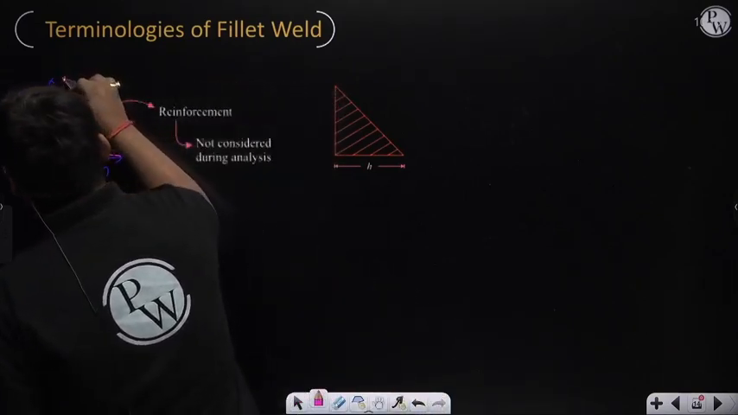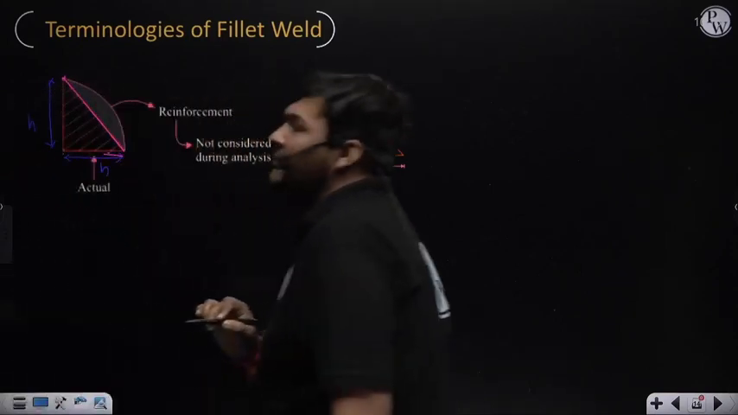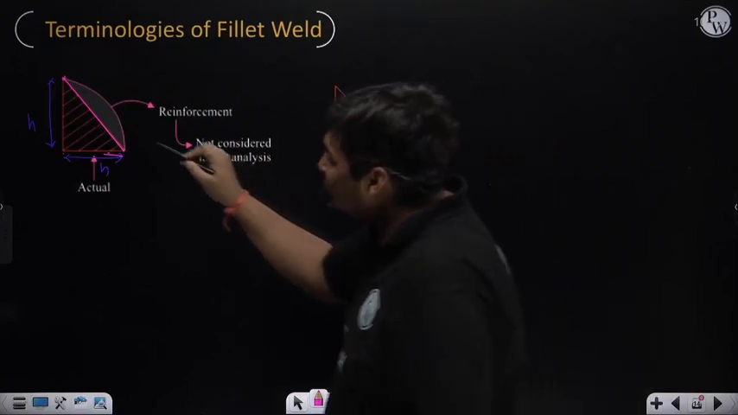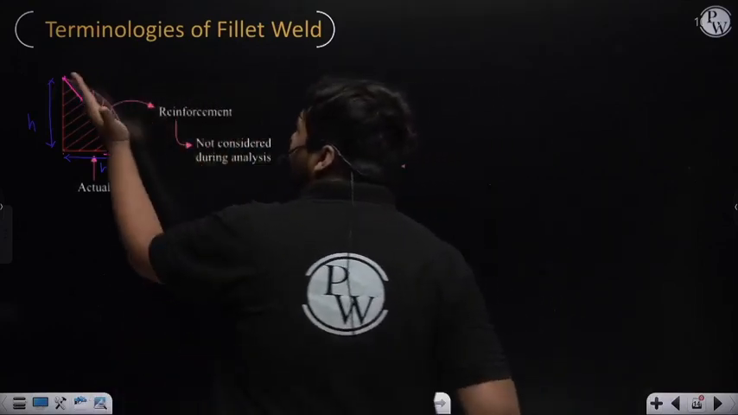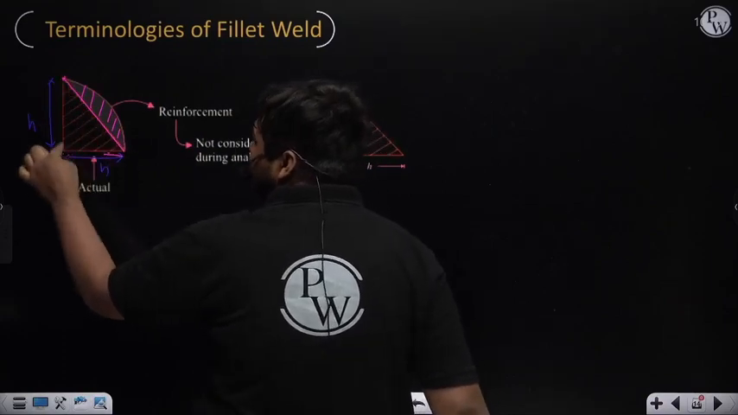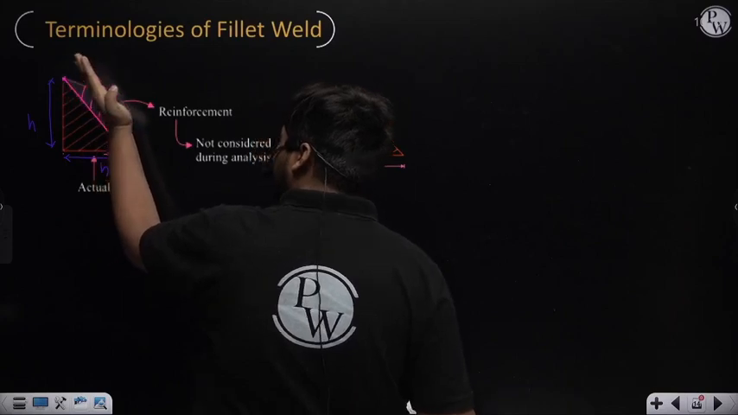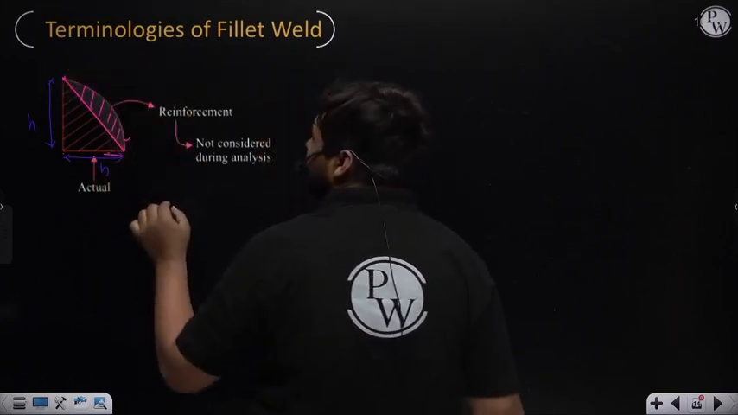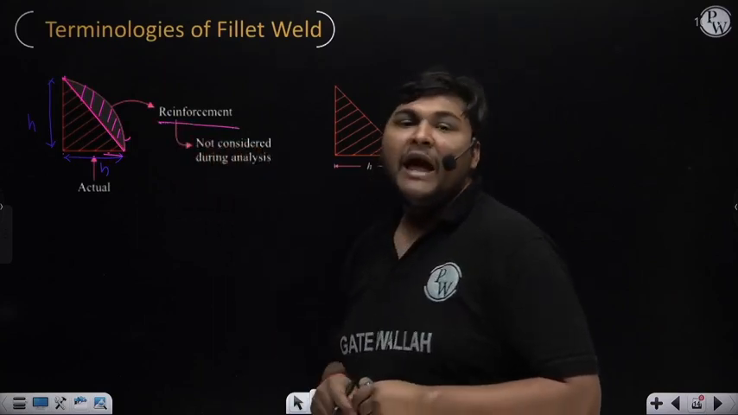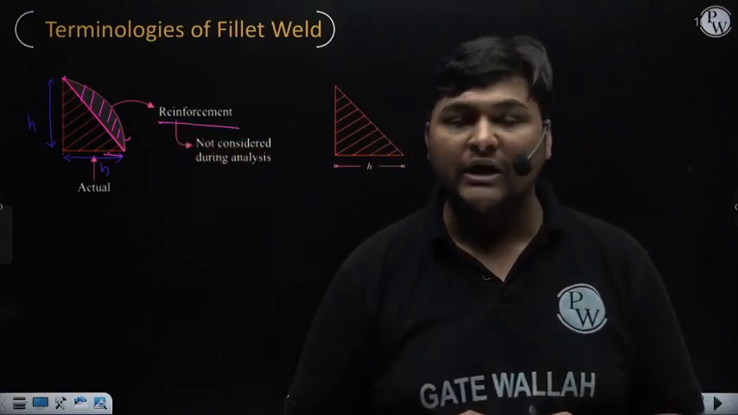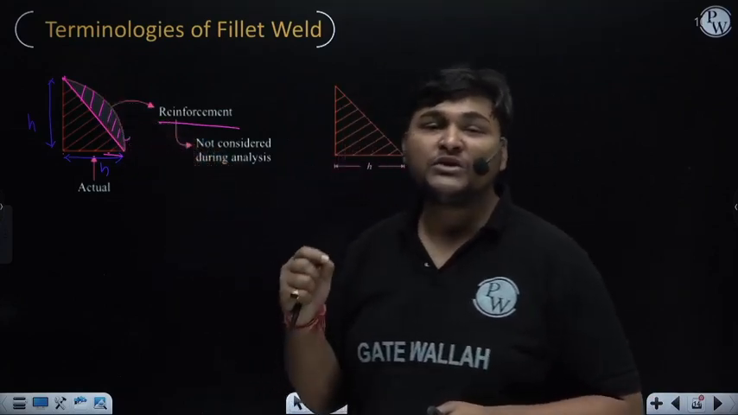Now, I will join these 2 points by a straight line. It will look like this. I have joined these 2 points by a straight line. Now, this portion of the fillet weld is coming outside this region. So this region is region 1 and this region is region 2. The region of fillet weld which is beyond this line is known as reinforcement, and during analysis of fillet weld, we don't consider this region